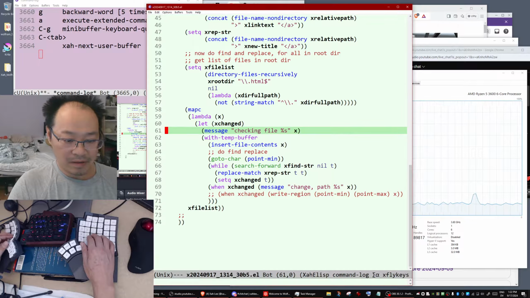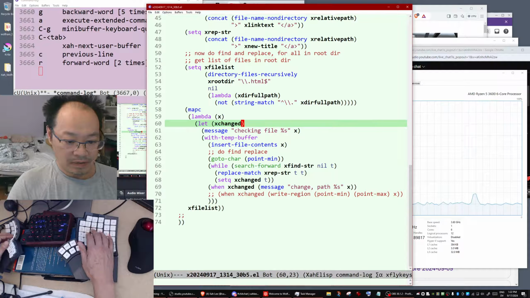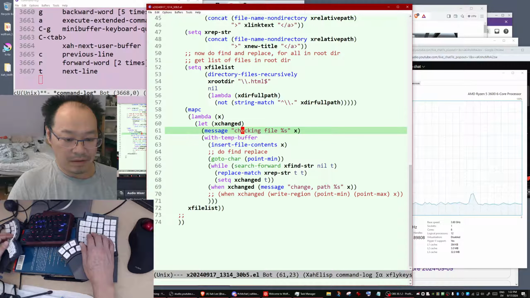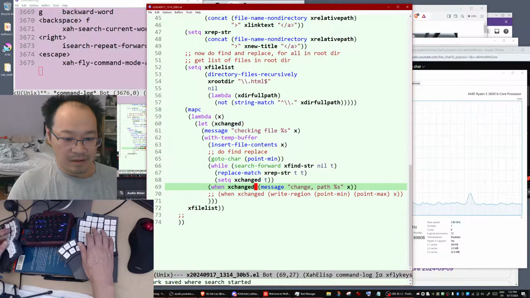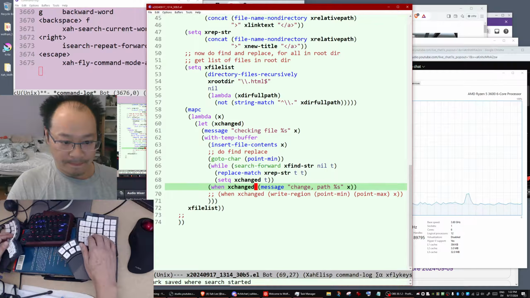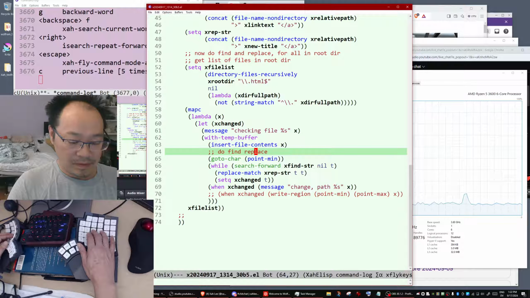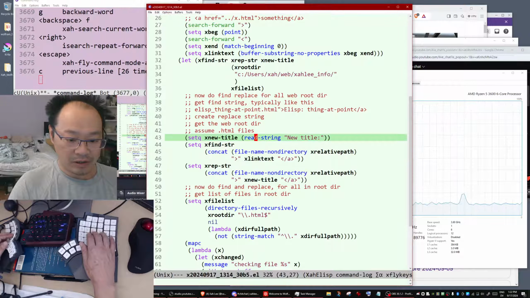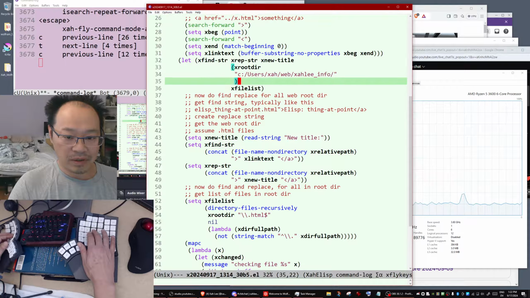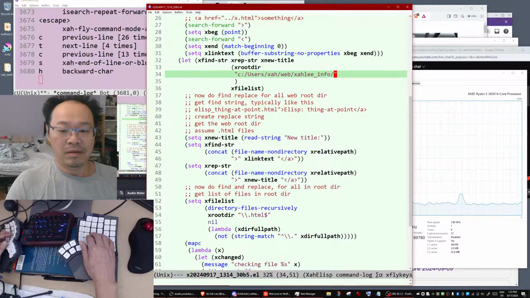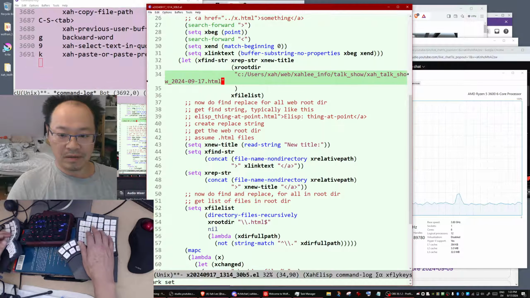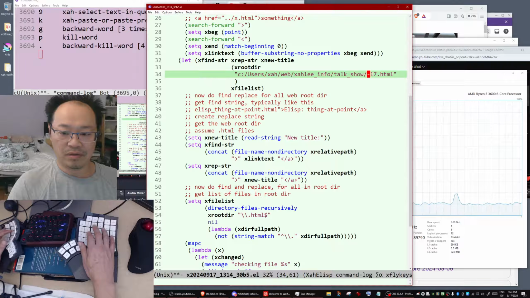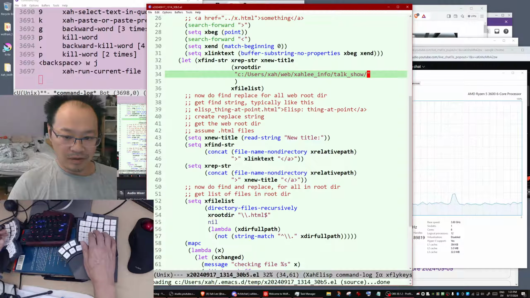Let's double check. So if it's changed, I mean change is a local variable, right? Yeah. So okay, but for now, let's change the root directory so it doesn't go over my roots. Let's just work in the talk show directory. Okay, evaluate the buffer,